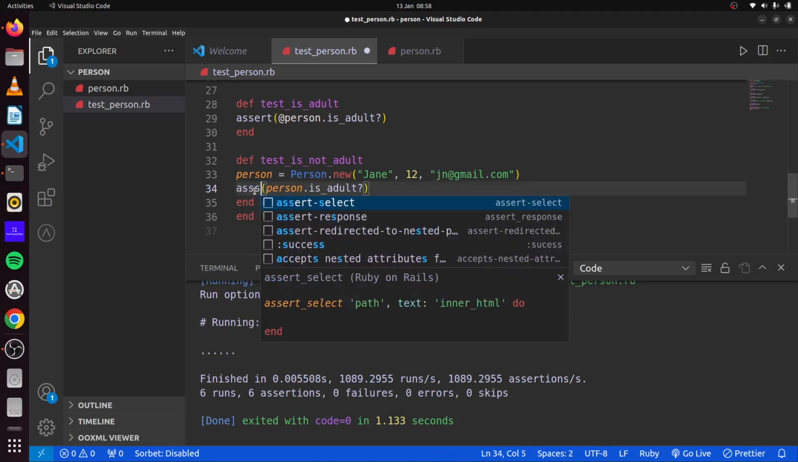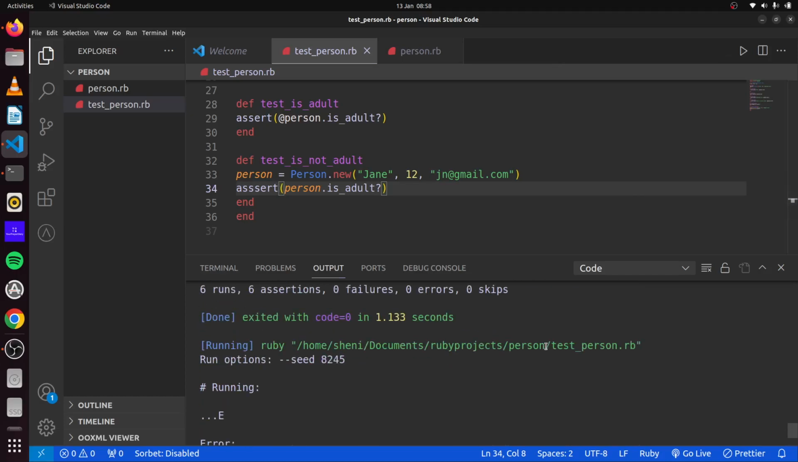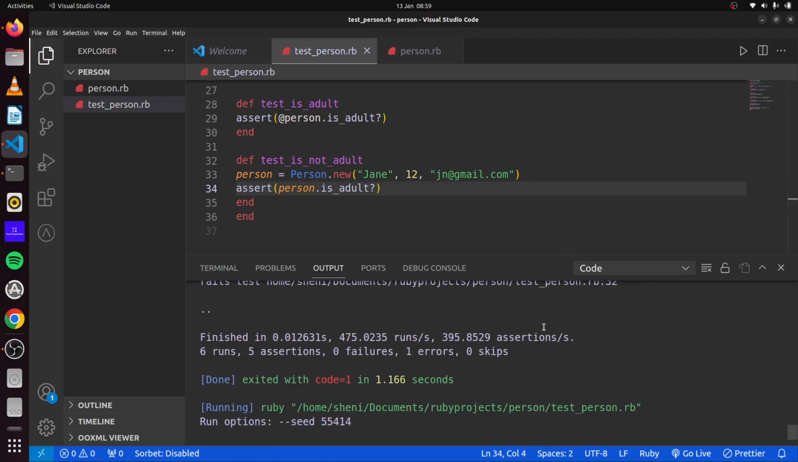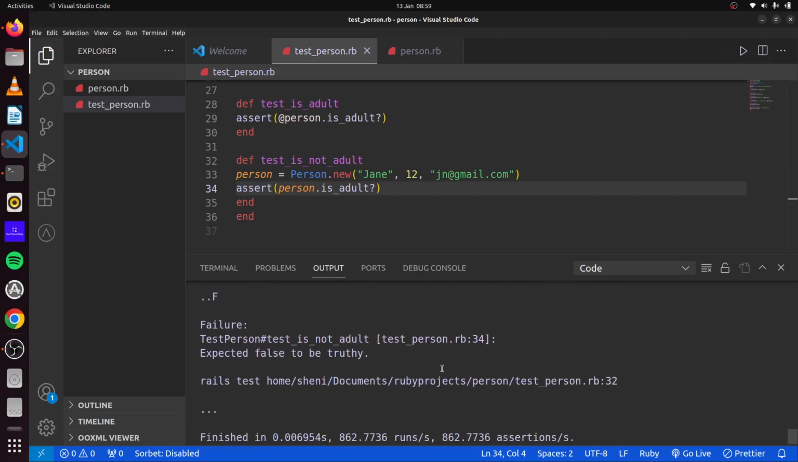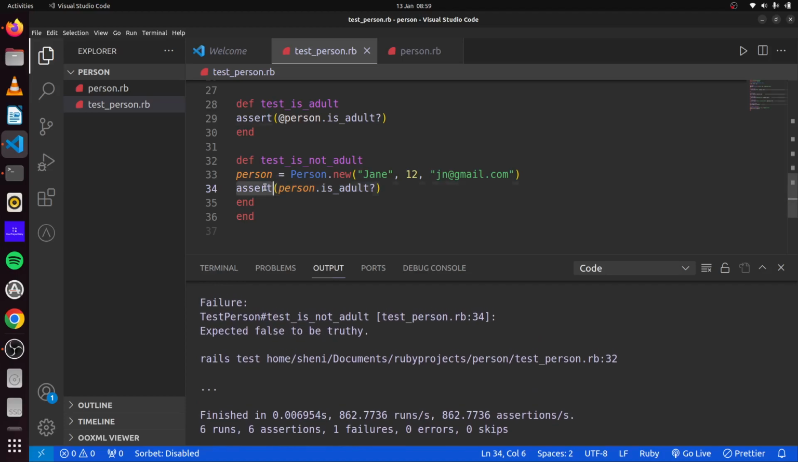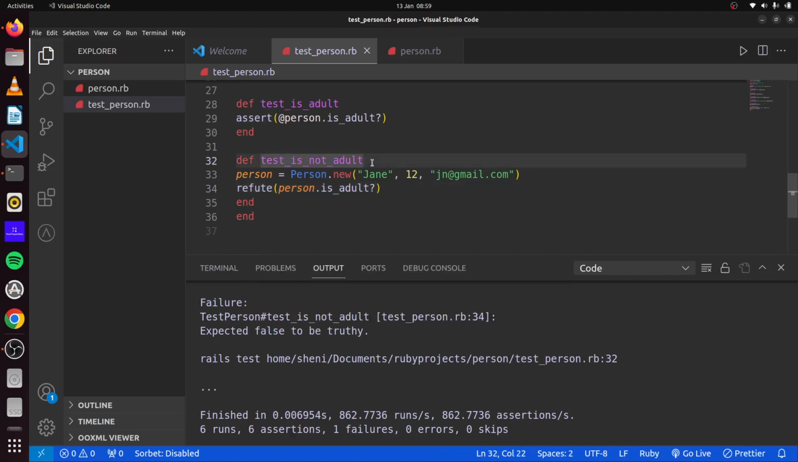If we change this to assert and we run this, we can see an undefined method. If we spell this correctly and we run this, you can see now we have a failure. Is not an adult. Expected false to be truthy. So that means you can see we're expecting this person to be not an adult actually. So if we leave this as refute,